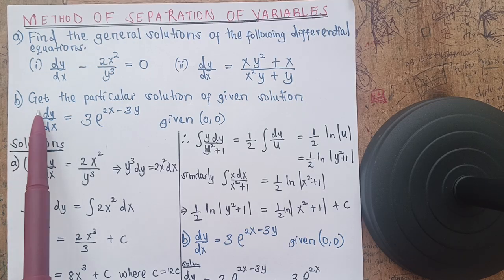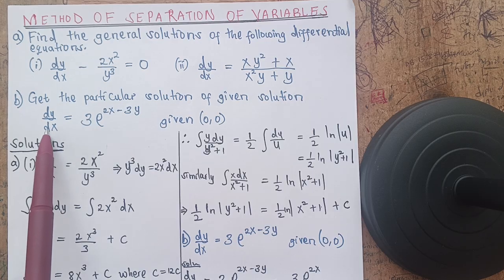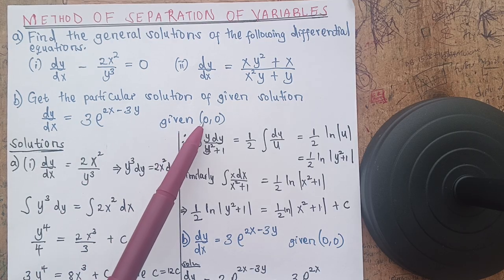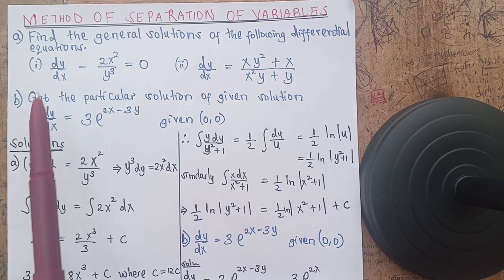And in part B, you are asked to get the particular solution of a given equation, and you are given this equation and the point where x is 0 and y is 0. So the solution of